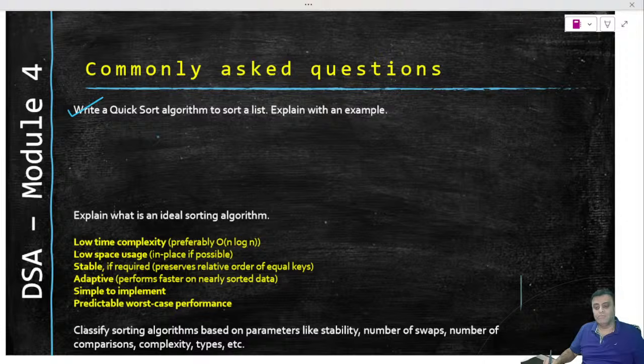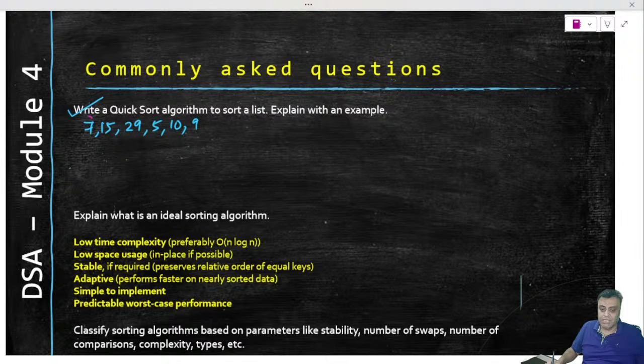I have written the algorithm for you in C. I told you to convert it into English and explain with an example. So when you are explaining with an example, please explain that. Let us say that you start with an array like this: 7, 15, 29, 5, 10, let's say 9.